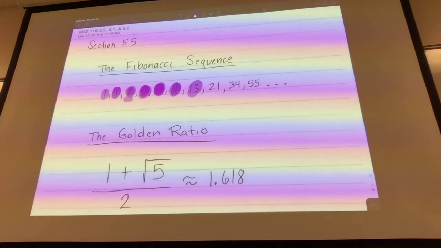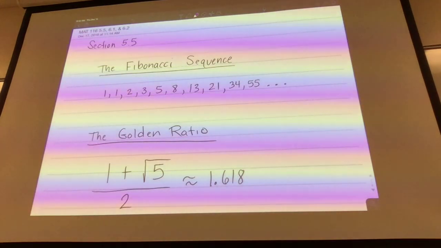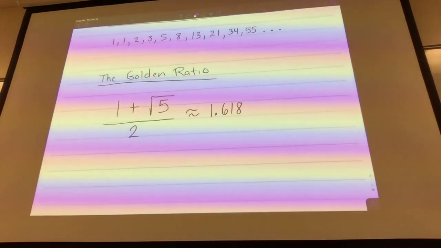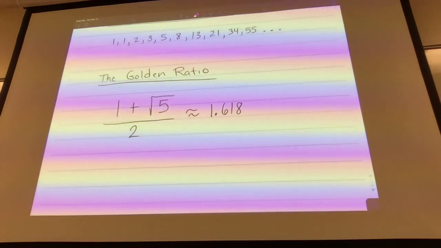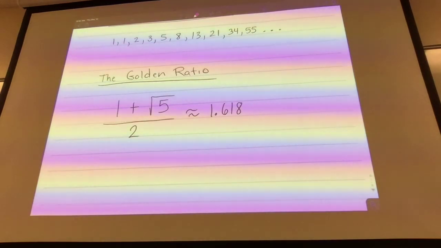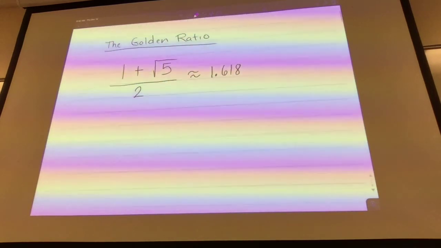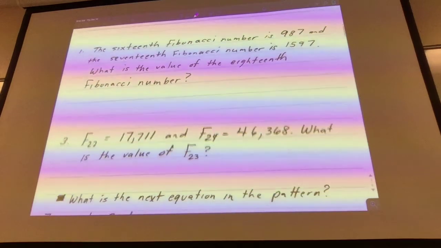Okay, so move that back out of the way. And then the golden ratio, we talked about, we did this in our notes, it's in your textbook. The exact value is 1 plus the square root of 5 over 2, which is approximately 1.618. And we're going to be working with some of these values in the next problems that we'll work. So the first one is,